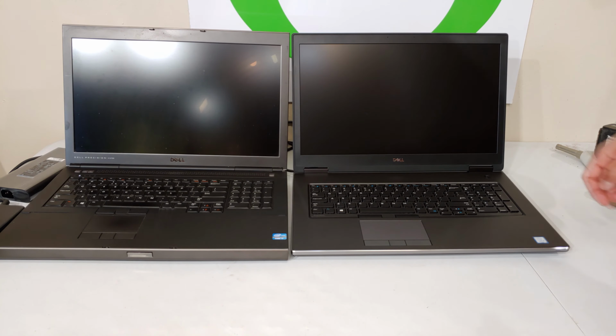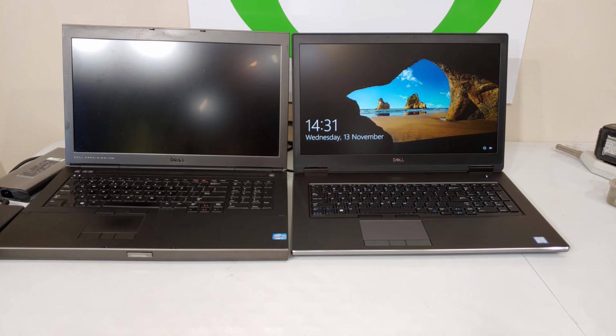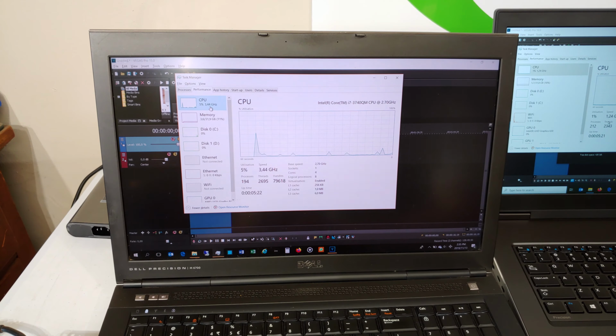Right, I'm just going to boot them both up. Now, if you're wondering why it's taking so long to boot, this is the default settings. I know you can go in the BIOS and make changes to make it boot faster. So these are both matched in terms of settings. They're both on the regular boot option. Okay, they both have the backlit keys. All right, just to show you, this had a